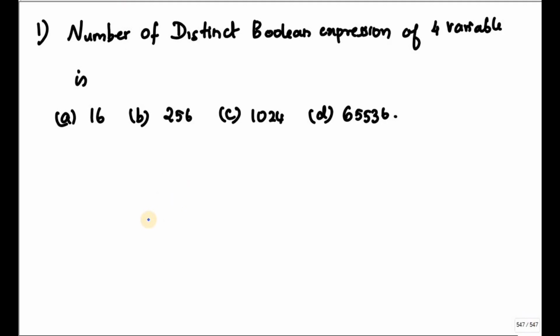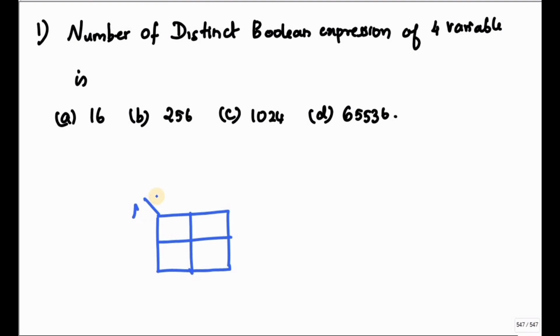The question is how to find the number of distinct Boolean expressions of four variables. The options given are 16, 256, 1024, and 65,536. So instead of working out this problem directly,